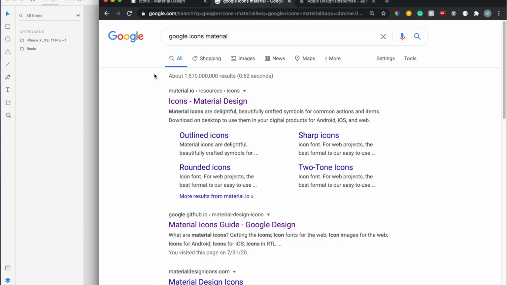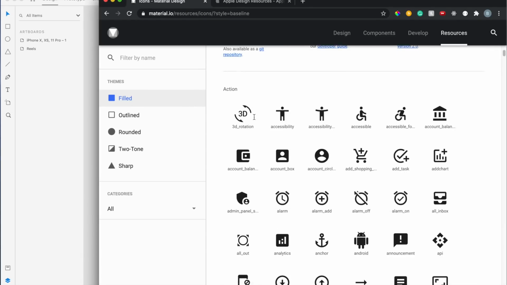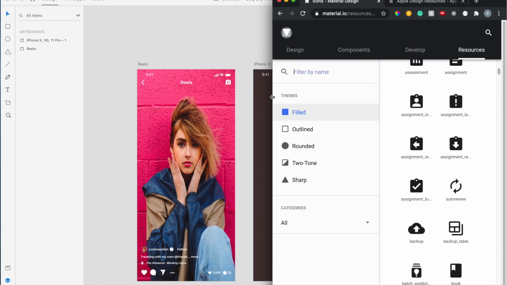Basically go to Google again, and then search Google icons material or material design icons. And then click on the first link, the one that says material.io. Click on that, and that pretty much gives you all of the icons that Google has. And then all you need to do is just filter by name. And for instance,